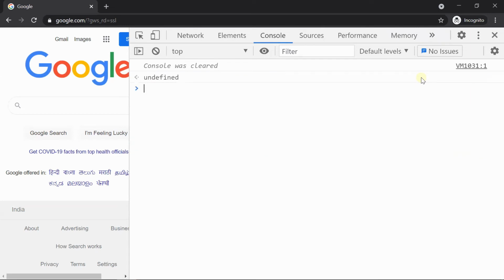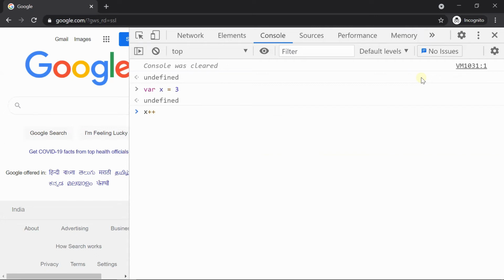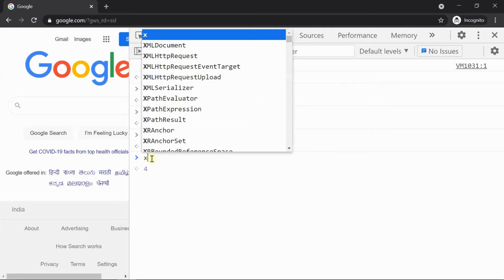Now let's try increment, post-increment, where x equal to 3. Okay. Now if you do x plus plus, okay, see now it is returned. Now let's see the value of x. It is 4, isn't it? See, in this case, why it has returned 3 means first it is going to return the value of x, then it will do the increment because it is a post increment, right?